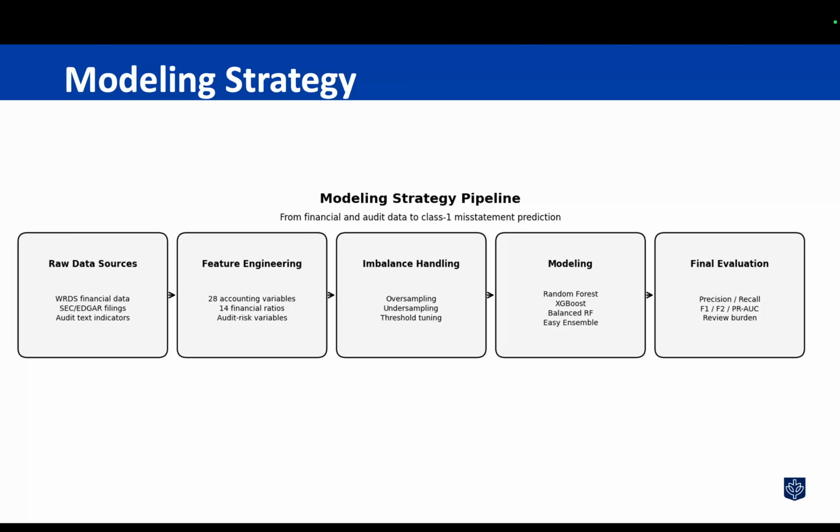For modeling, I tested random forests, XGBoost, balanced random forests, easy ensemble, and ensemble approaches. The final evaluation focused on precision, recall, F1, PR area under the curve, and review burden for class 1. The main idea was not just to find the highest score, but to compare models based on different audit objectives.